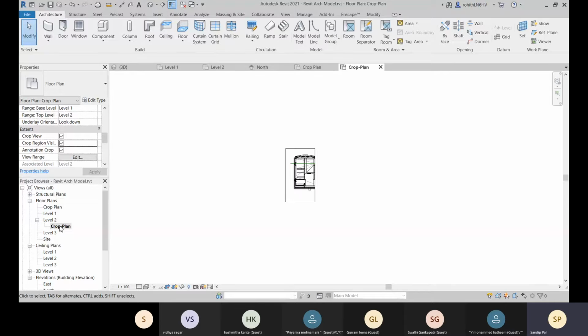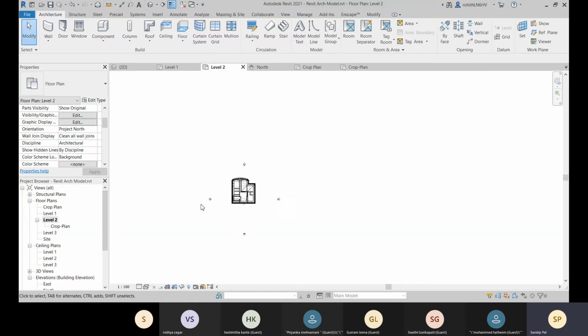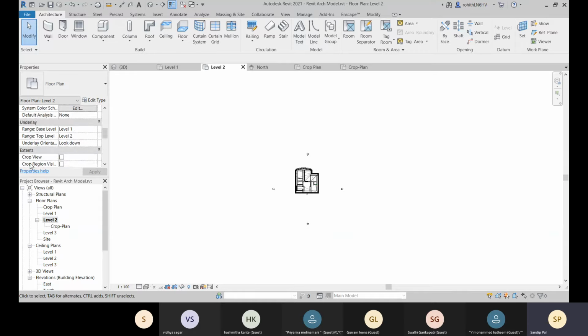Yes, so double click on this crop plan, and here you see that this is within this level 2, and you have that crop plan, and in this level 2 you have that original plan. Okay, so let me delete it. Alright, so this is how you can create your duplicate after cropping your plan views over there.